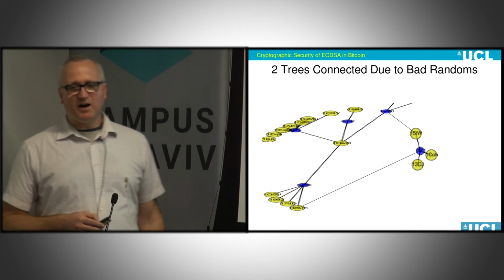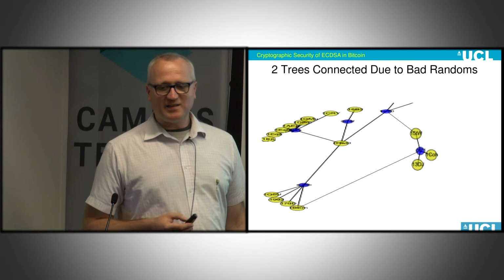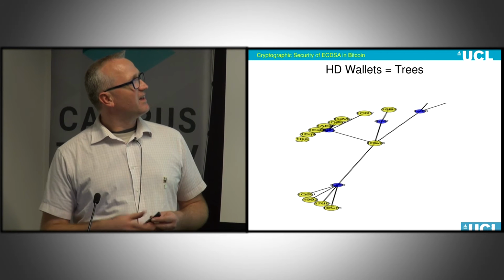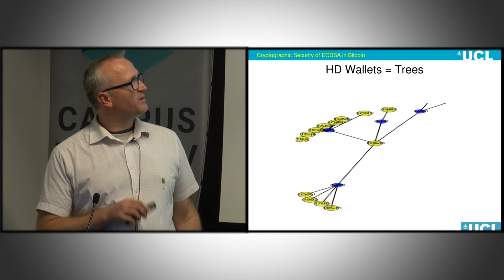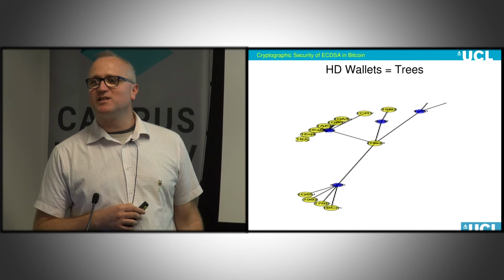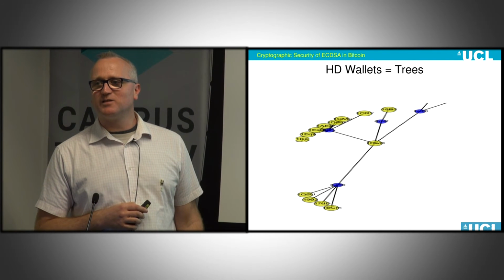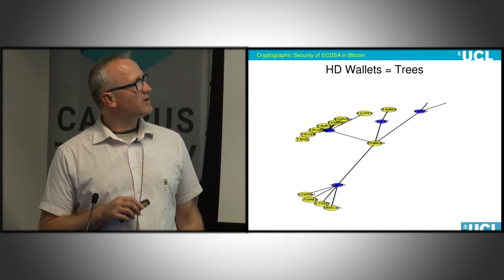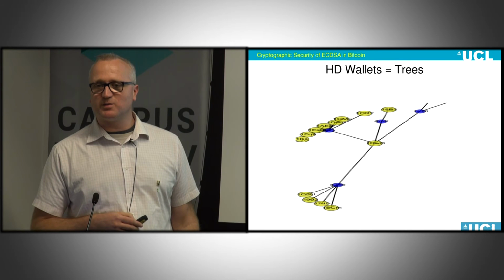Okay? Now, the point about HD wallets is that they also create things like that. Actually, an HD wallet can also be viewed as a tree, which has no cycle initially, by definition. But the HD wallet basically creates this situation in which a lot of keys are connected together. I'm going to explain the details.